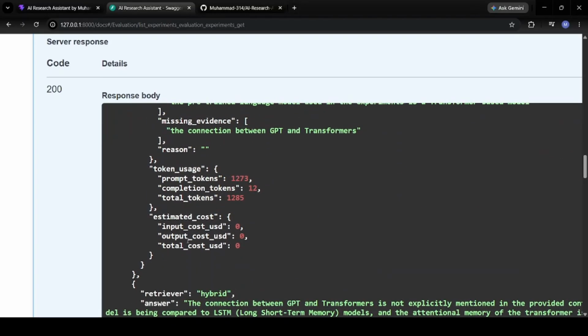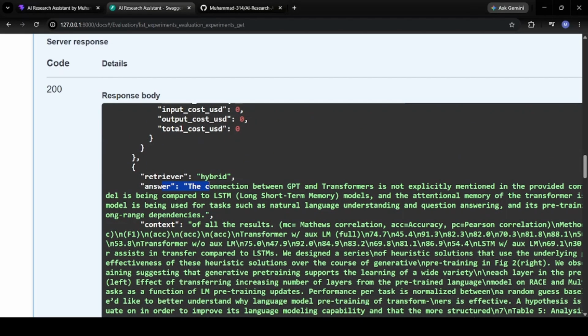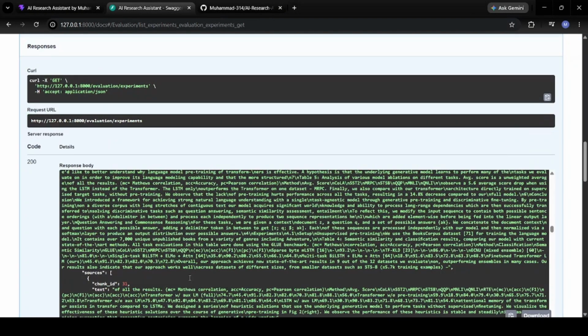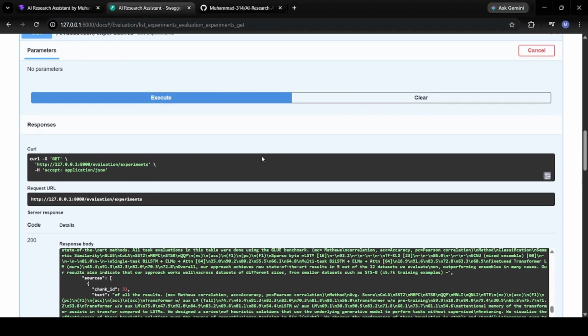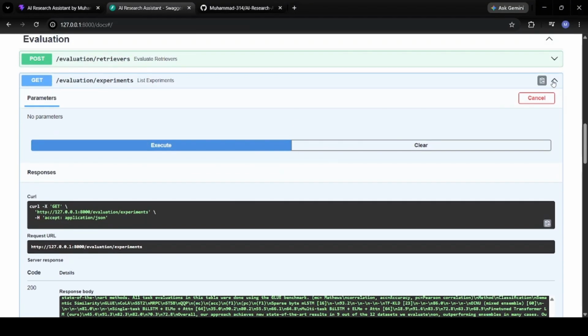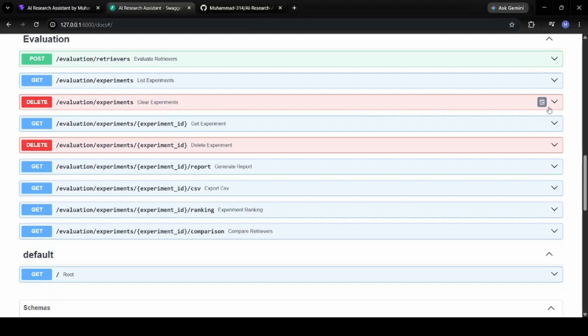usage, estimated cost. Now same for retriever hybrid: answer, context, and everything, so on and so forth. Right? So this was an important feature. Now we can delete also, and we can get